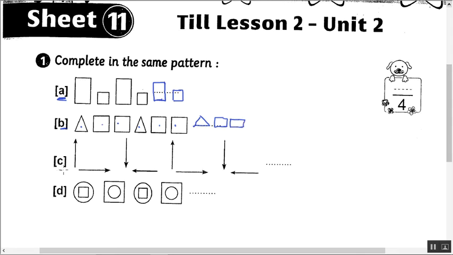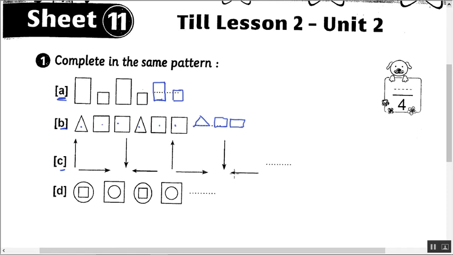Question C. Here we have up, and here right, down, left, up, right, down, left. So here next, question C. Here we have up, right, down, left, up,